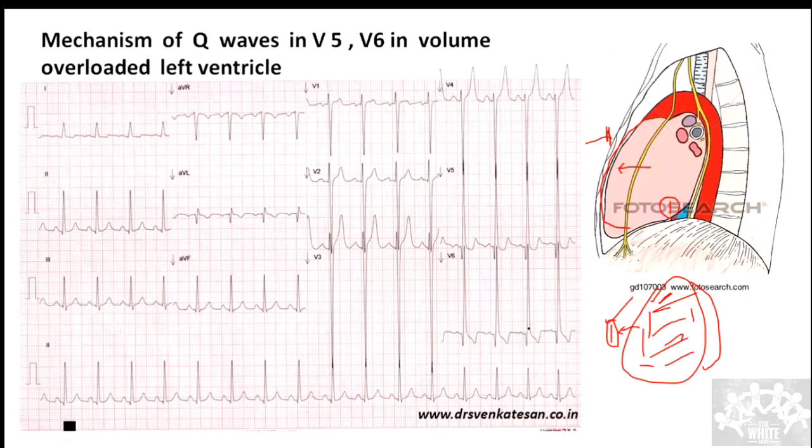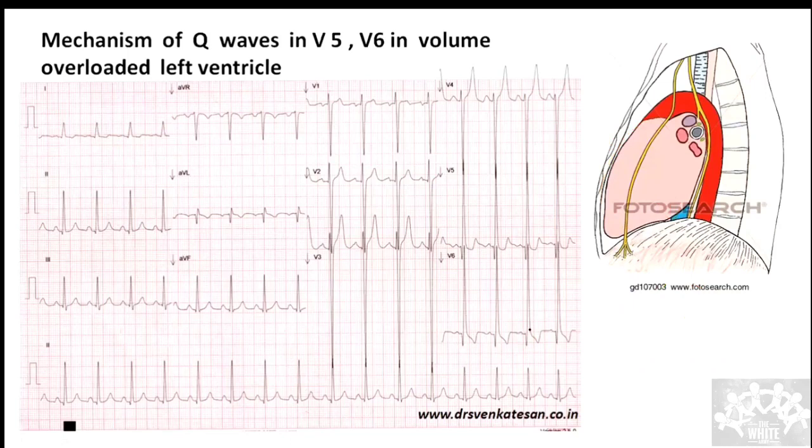That is why the cavity is also represented by the Q wave. This is one thing to understand. Whenever there is volume overload, you can get a deep Q wave, because the ventricle comes anteriorly and represents the hypertrophy along with the blood inside the heart, which is called the cavity potential. So if you have hypertrophy features with deep Q waves, you think of a volume overload in the heart. That is the inference you draw.